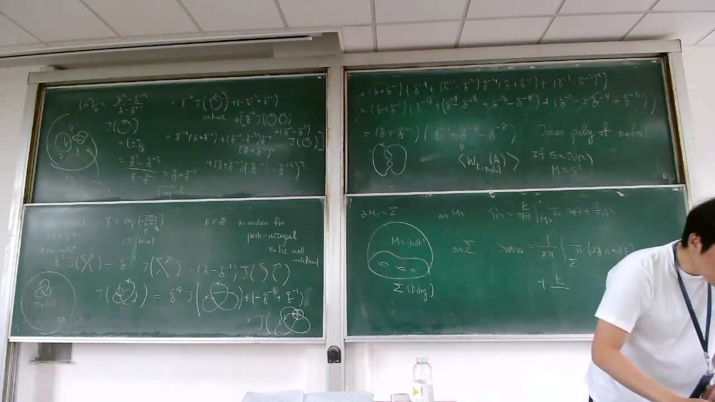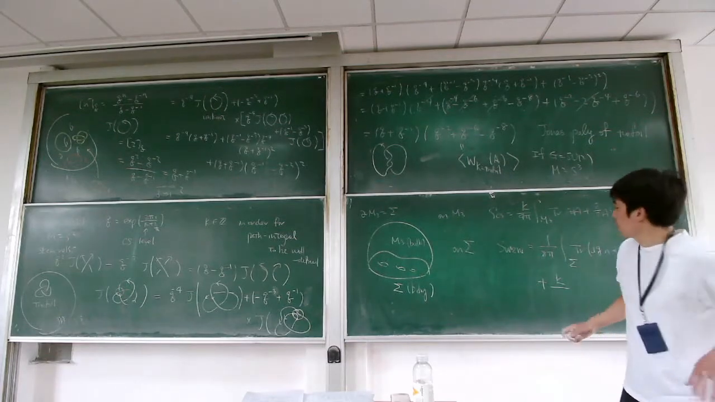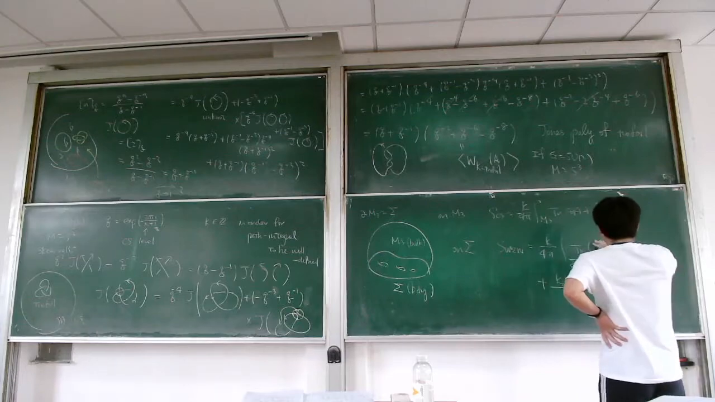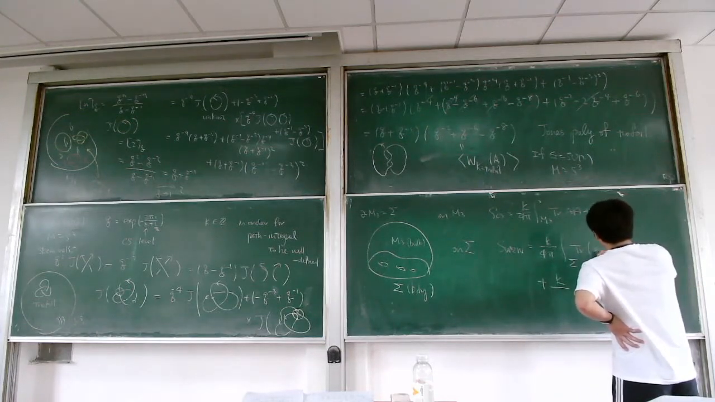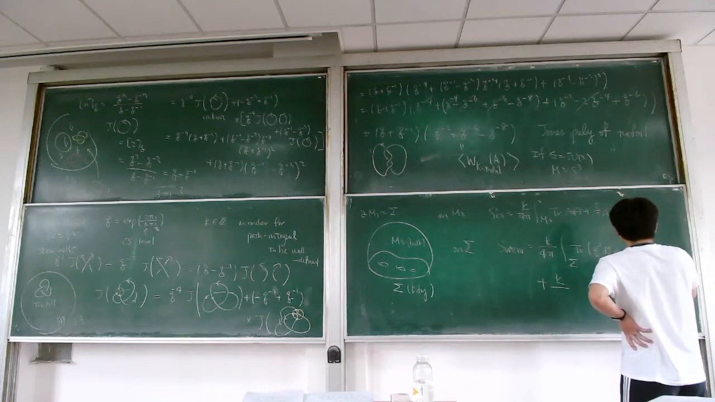k over 4 pi. Okay, k over 4 pi. And then I think I should write down like this: a g inverse dg, which g inverse